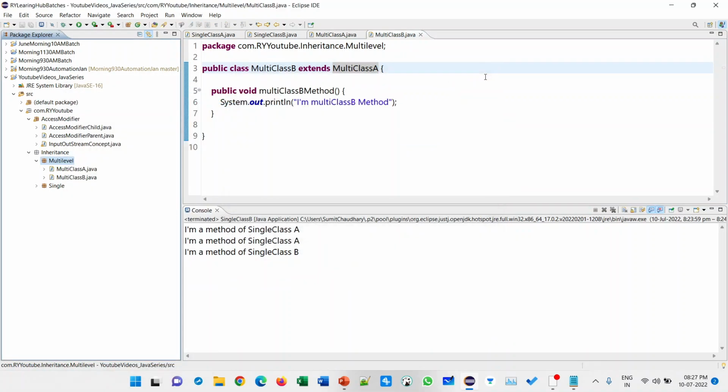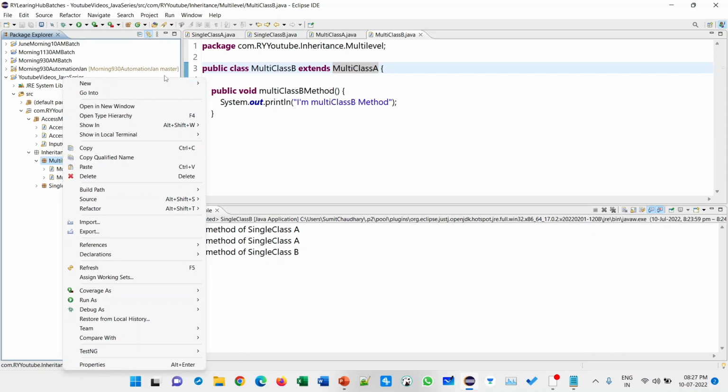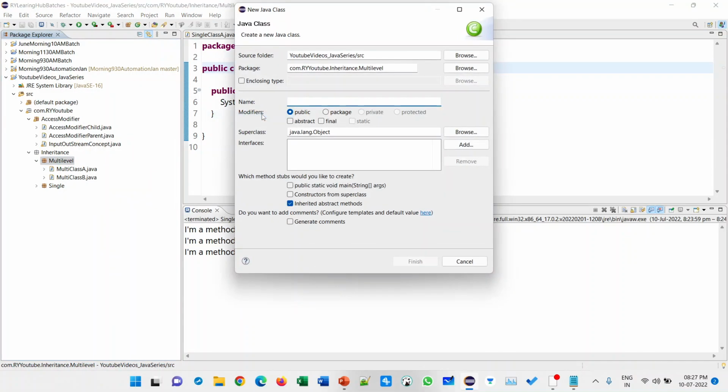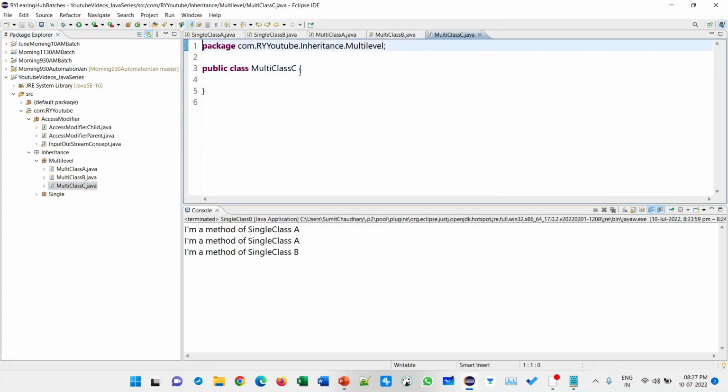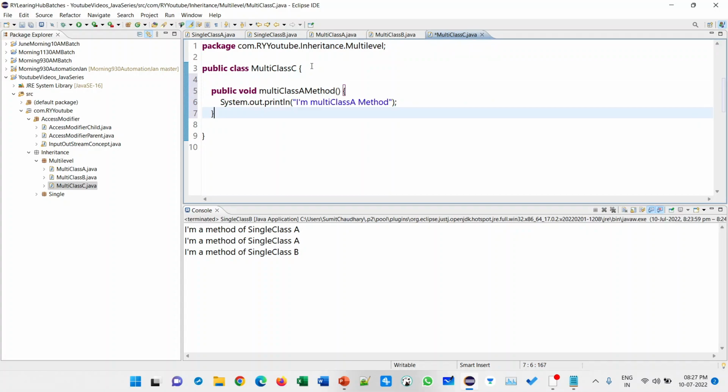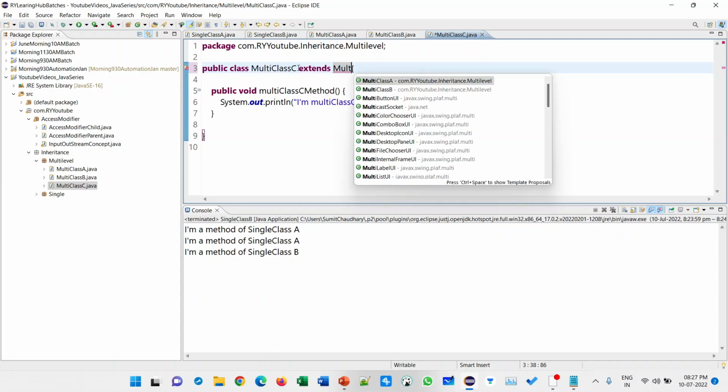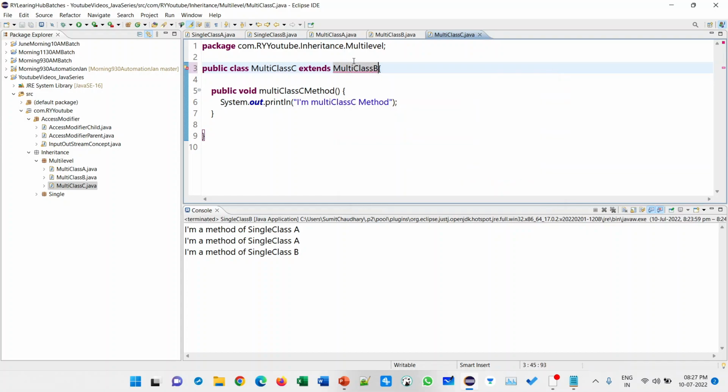Oh sorry, not package but create another class. Multi class C, class C method. Now extend multi class B. So C can access B properties or A properties easily.